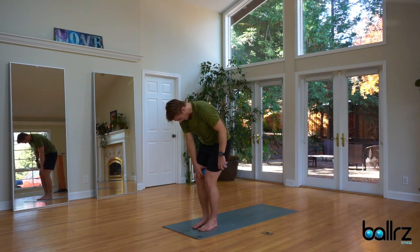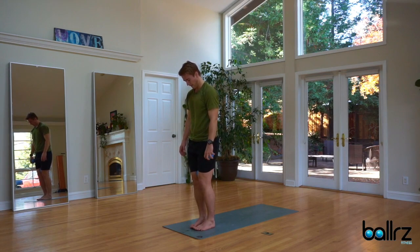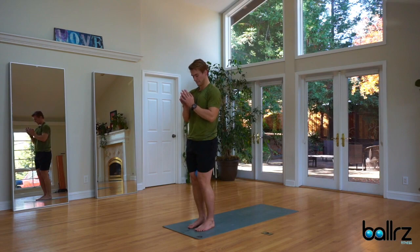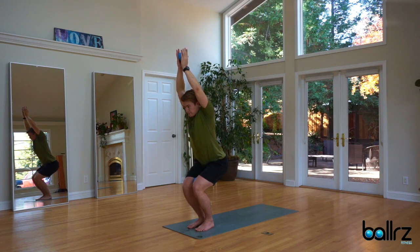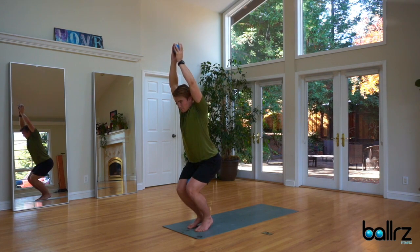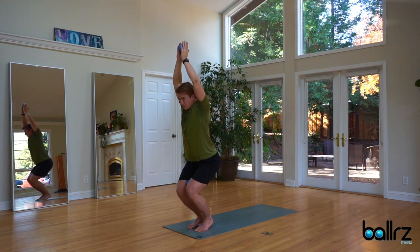Placing one of the balls between your thighs. Squeeze it right above the knee. Let's start to sit back into our chair pose. Squeezing the thighs, squeezing that ball as you lift the heels off of the floor, pressing the other ball away with the hands. Squeeze. A lot of things going on right now in this pose. Don't forget to breathe as you inhale,